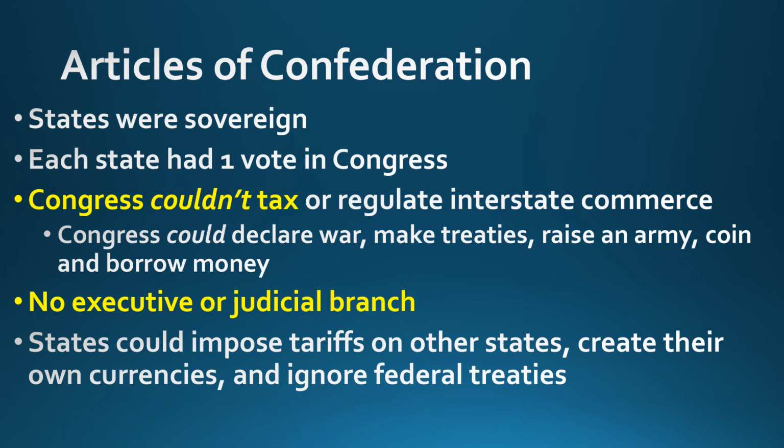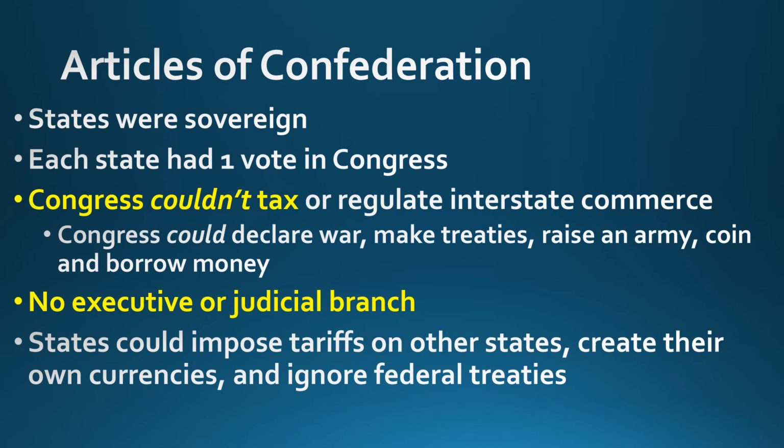Alright, so we have the Articles of Confederation, so the first system of government pre-Constitution. Under the Articles, each state was sovereign, so they had the ultimate authority and power. In the Federal Congress, each state had one vote, so all the states were equal, and it had to be unanimous to do things. So again, you see how each individual state had a significant amount of power.